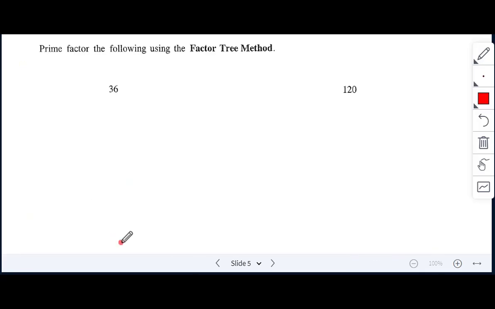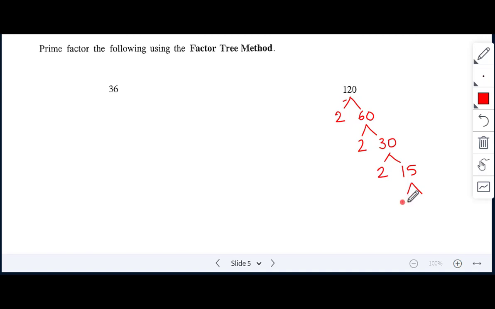All right, so we're taking 120 and we're going to use the factor tree method. So I'm going to use 2 and 60. 2 times 60 gives me 120. 2 is already prime, so I'm going to go ahead and further factor 60. I'm going to use 2 and 30. Then I would further factor the 30. I'm going to use 2 and 15. And then the 15 can be